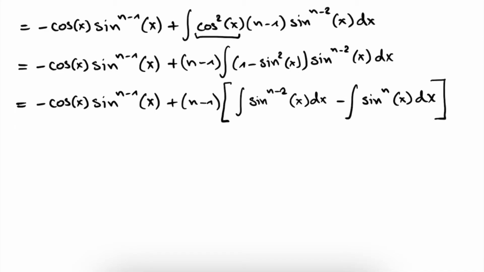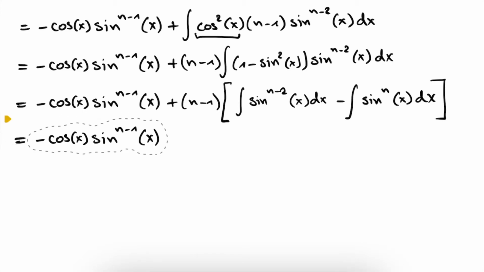So we have our two integrals. Rewriting this even further, we get again this first term, which we copy and paste, plus n minus 1 times